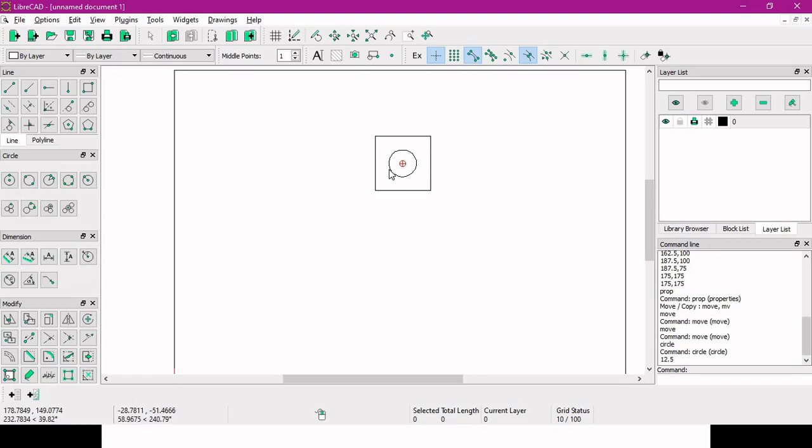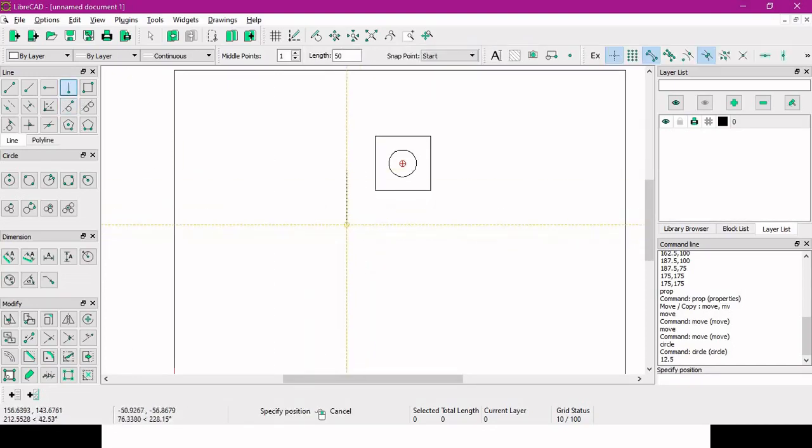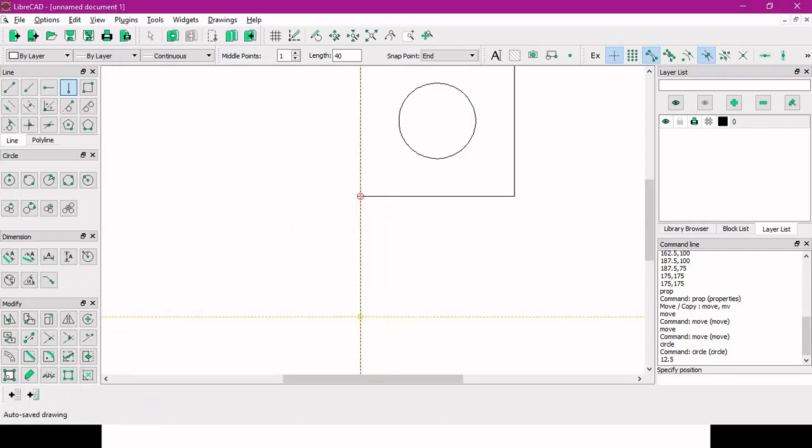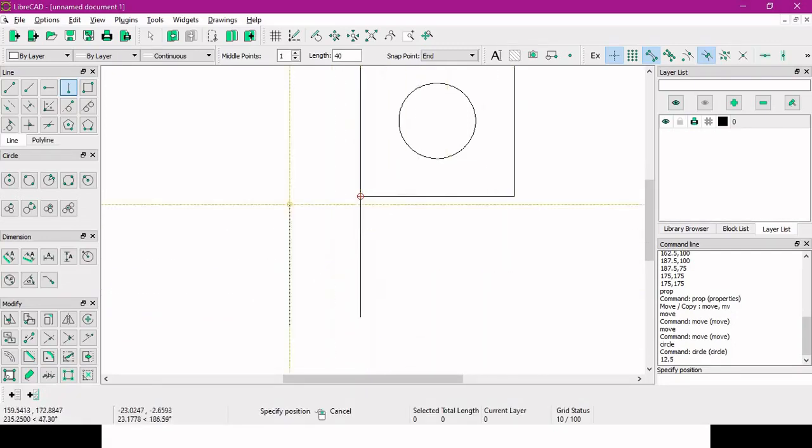Similarly, we can get the elevations also. How will we get that? So let's use this vertical line. Here change it as endpoint. Already we have mentioned this 50 mm distance, so let's change it to 40, and we'll get the elevation 40 mm down from this. So let's put this line. Why did I keep this line? We'll start the elevation drawing here, so that is why I kept this line.